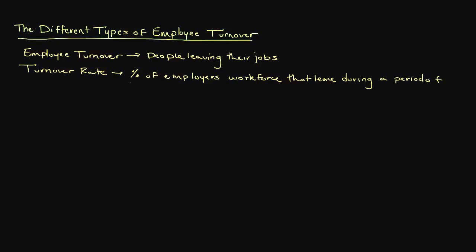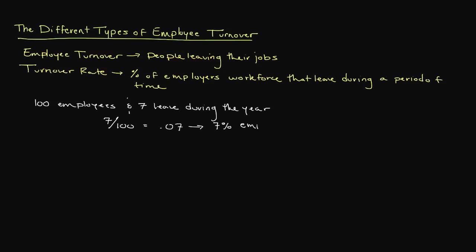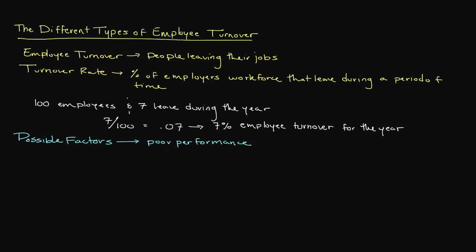time. If an employer has 100 employees and 7 leave the organization during the year, then the employer has a turnover rate of 7% for the year. Now, employee turnover is caused by a number of different factors. These factors can include poor performance, a lack of career advancement opportunities, workplace conflict, and even a better offer from